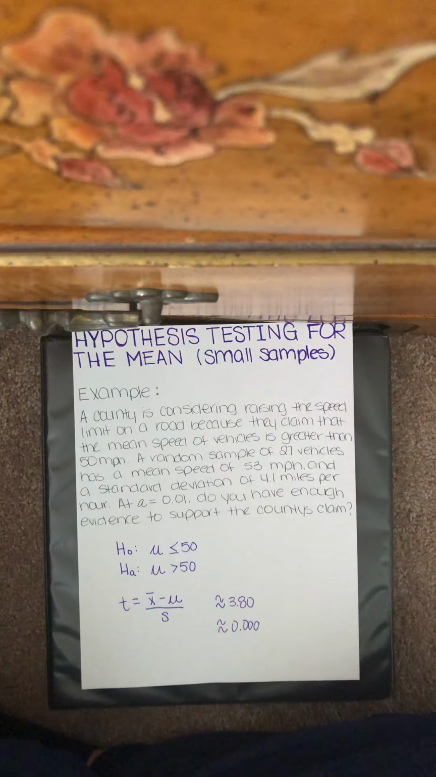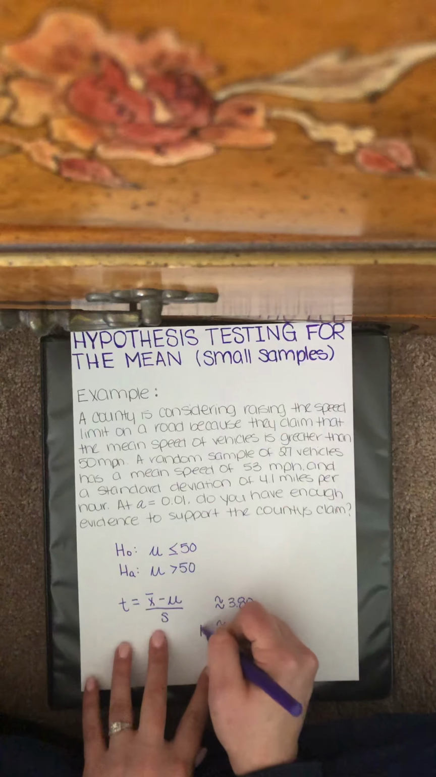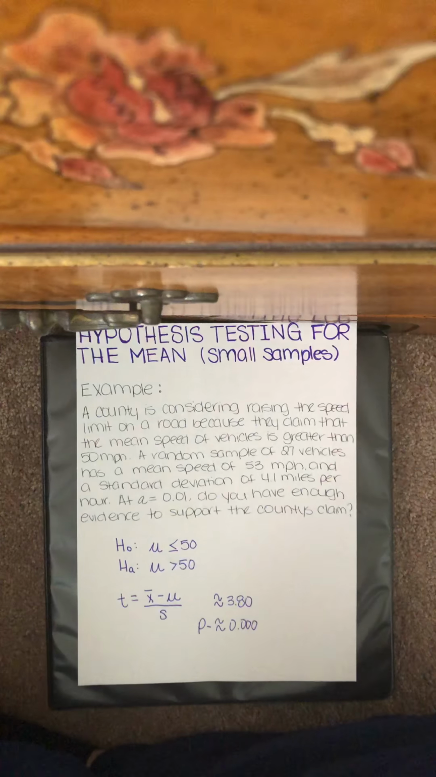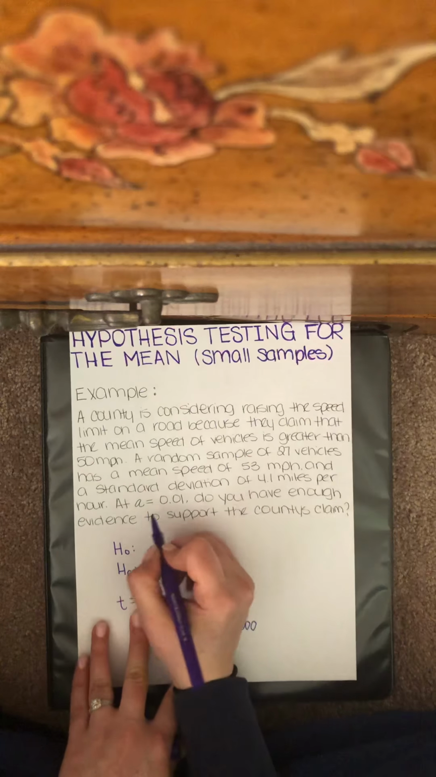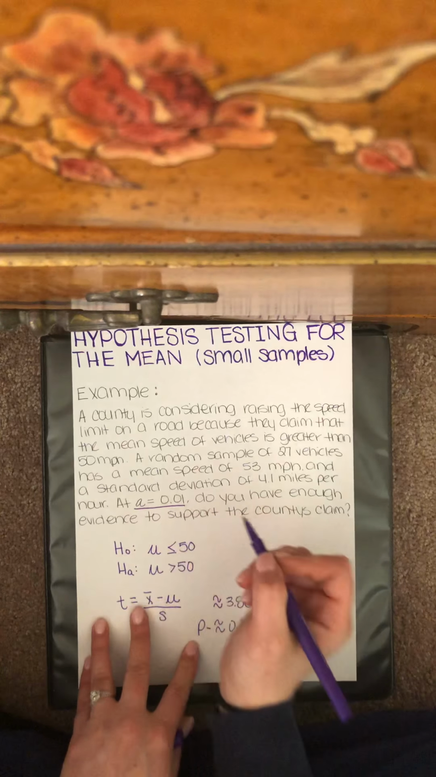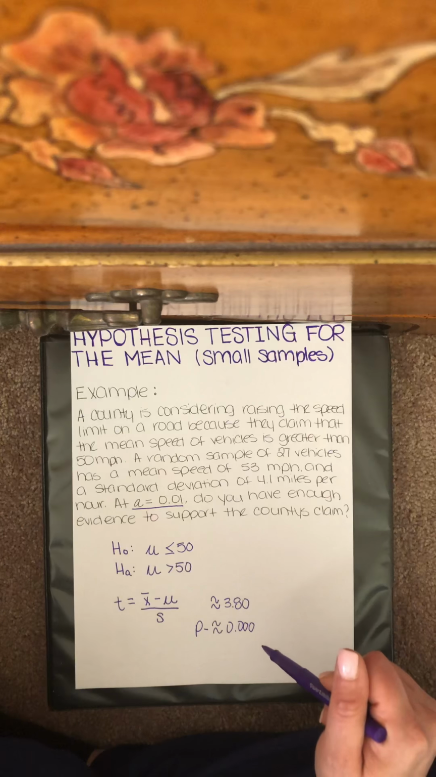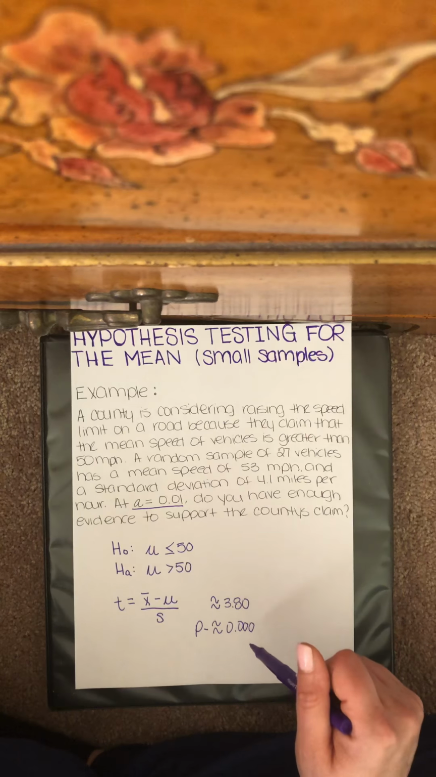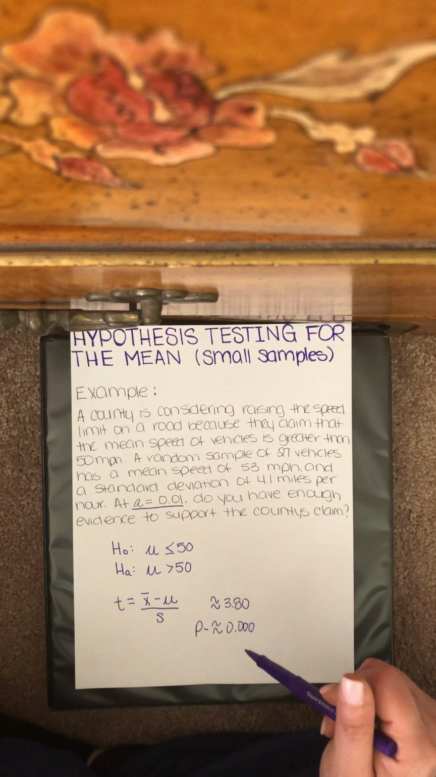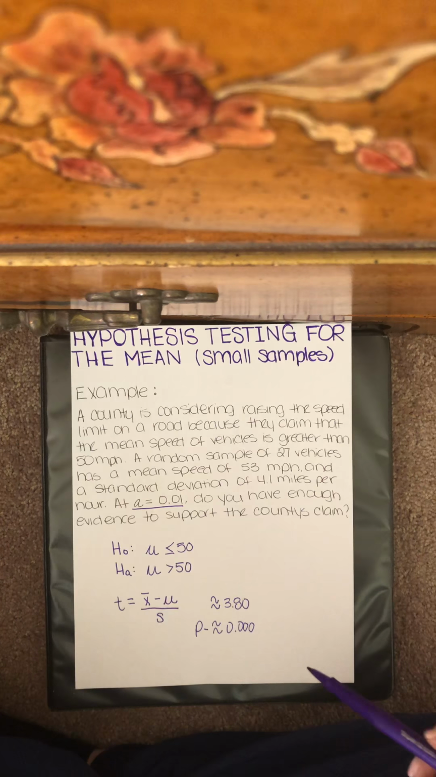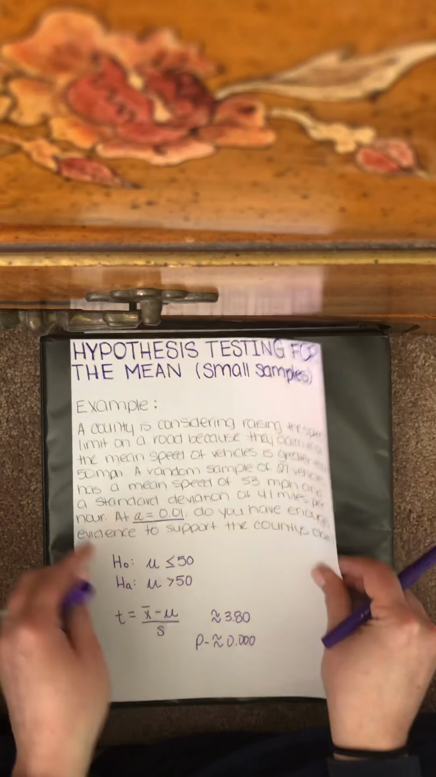Then you have to decide whether or not to reject or fail to reject the null hypothesis. So if the p-value is less than the level of significance, you have to reject the null hypothesis. So now we know that our level of significance is 0.01 and our p-value is 0.000. Therefore, we're going to reject the null hypothesis,